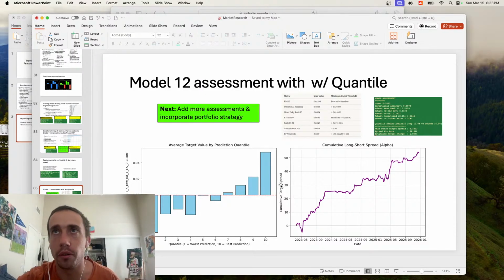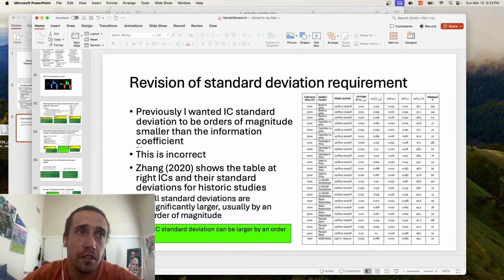The information coefficient was above 0.01. The daily information coefficient to information ratio was above 0.02. The t-statistic was above 1.96, and so this is all the metrics I wanted except for standard deviation, which I was initially trying to get to be orders of magnitude lower than the information coefficient, but then